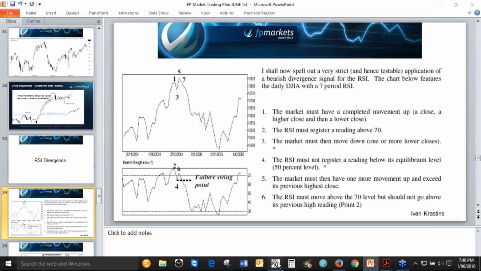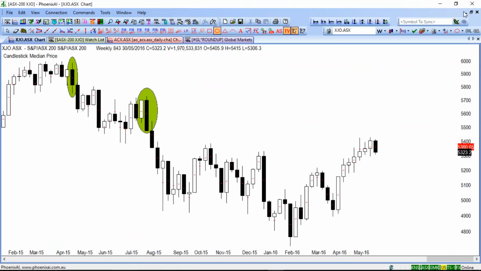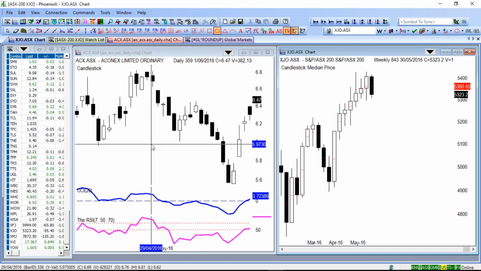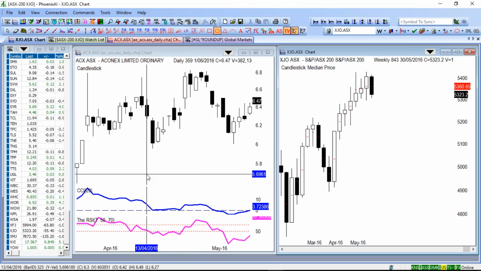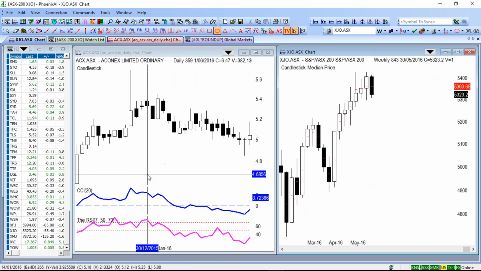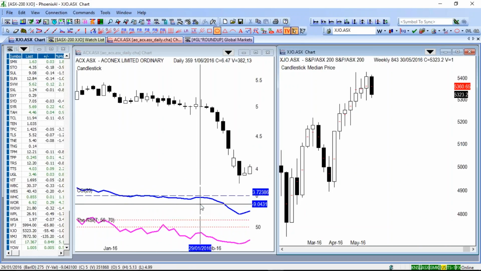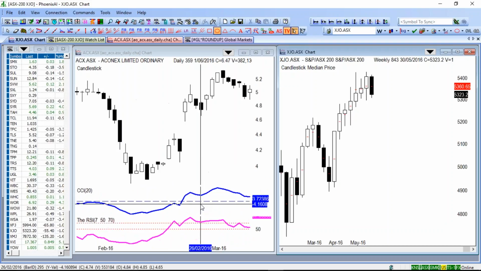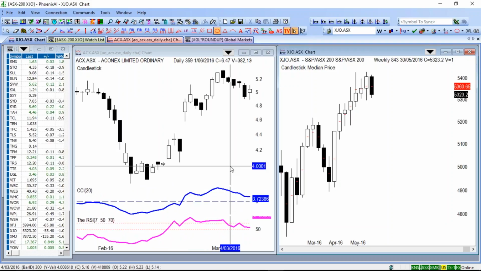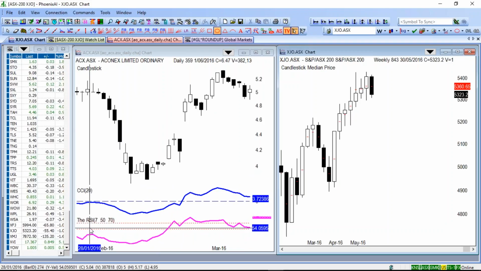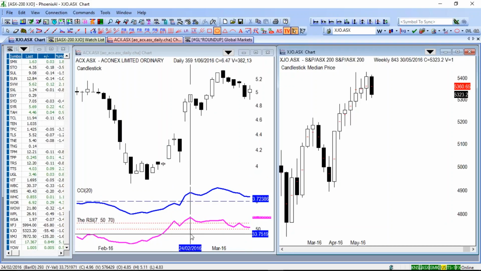Now I had my example up here. Back in Iconics, back on the 24th of February this year, if you'd like to find one, there is a really nice example here. I've got two indicators here. I've got the CCI, which I'll come back to in a moment, but down the bottom is the RSI, this magenta line here,